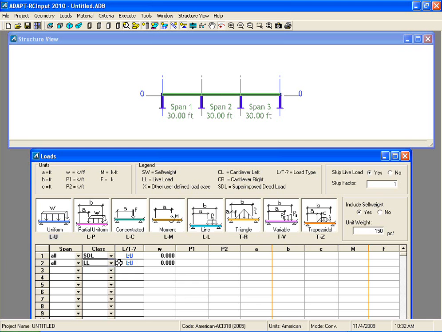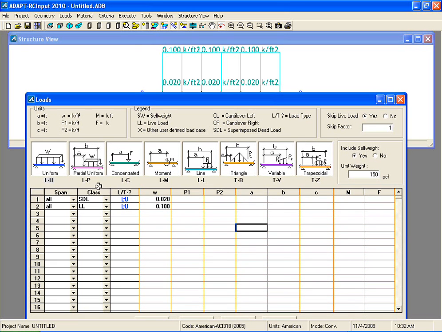We'll select live load as well for the second loading. The dead load in this case is going to be 20 pounds per square foot, and the live load will be 100 pounds per square foot. We can also